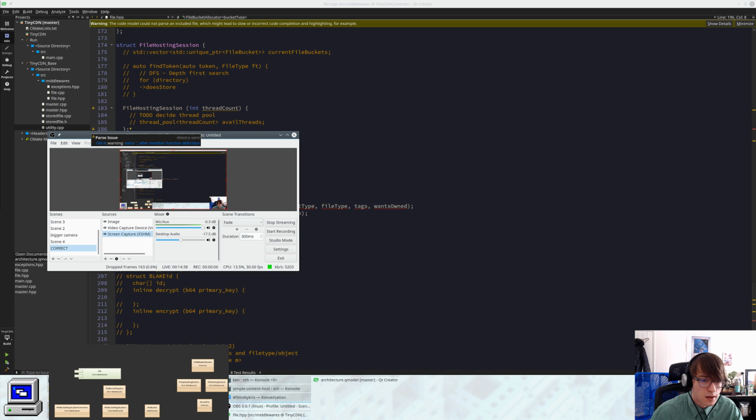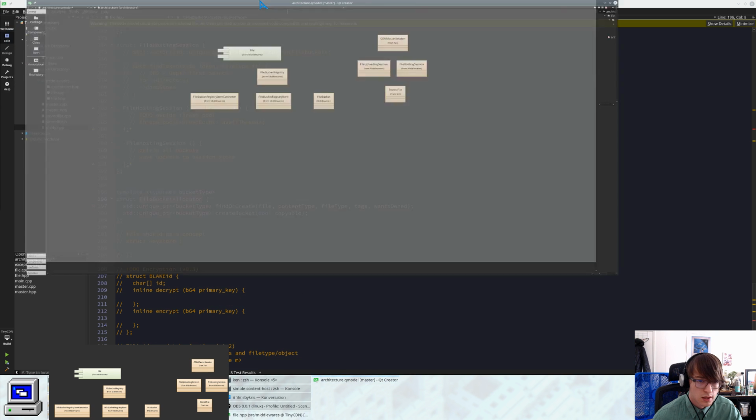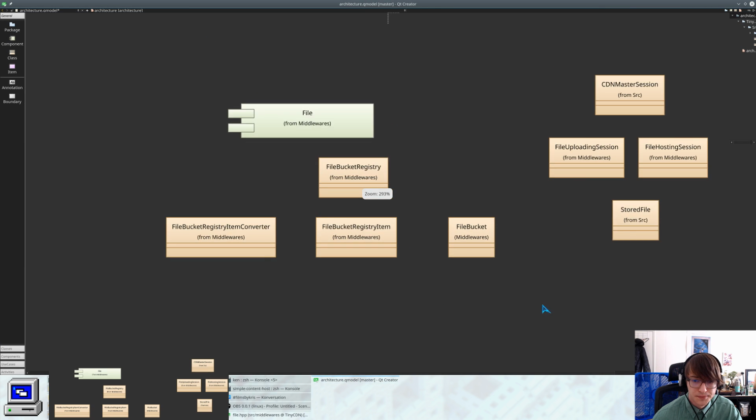Alright. Yeah, let's actually do some programming. There we go. So yeah, that's basically just something I put together quickly. This thingy. I'm gonna turn it into a UML diagram. I was kind of disappointed that